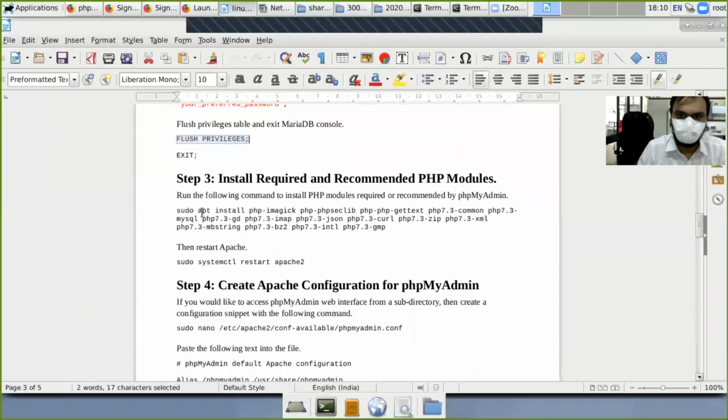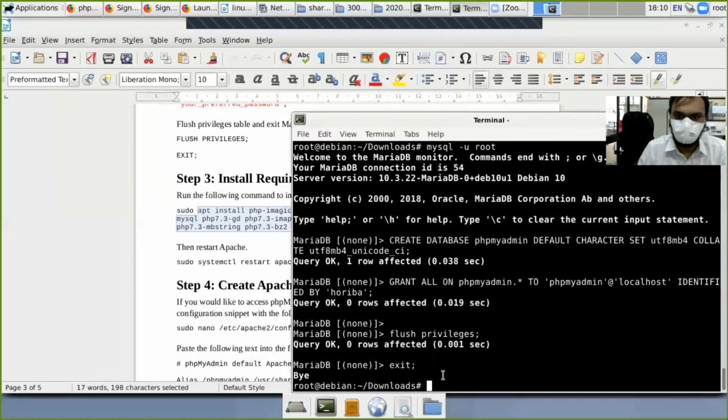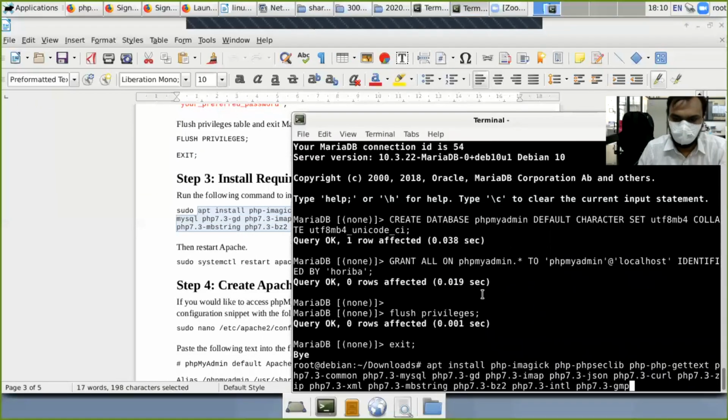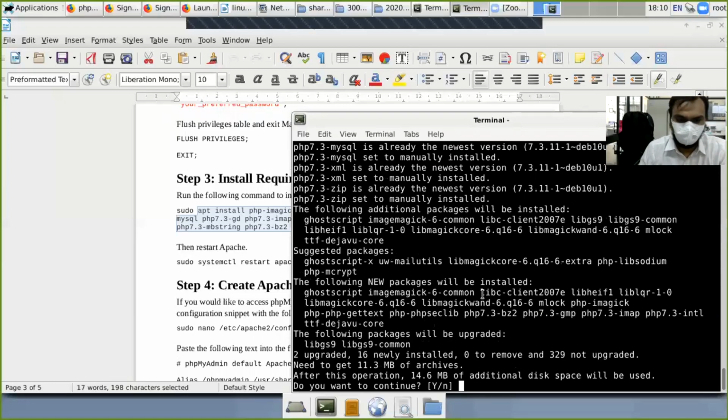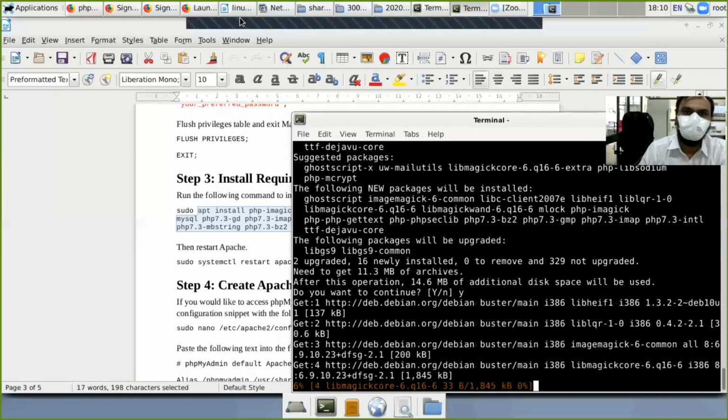Now install the PHP modules recommended by phpMyAdmin. So just copy this command. All these modules will be installed. Just press enter and yes. It will take some time, depending on your internet speed.